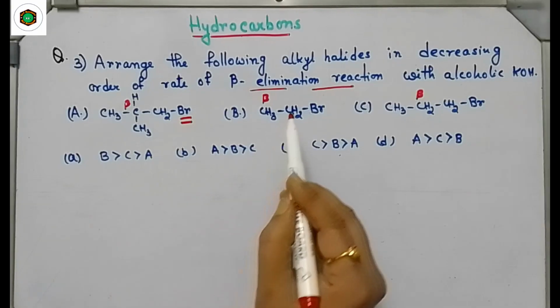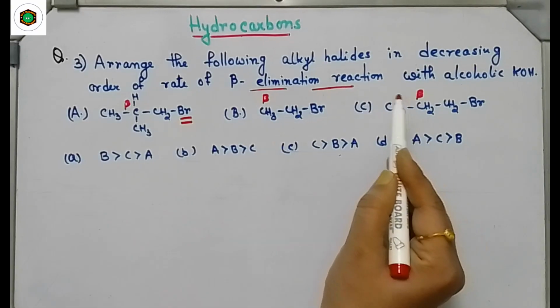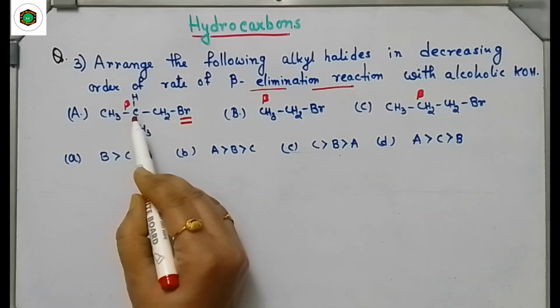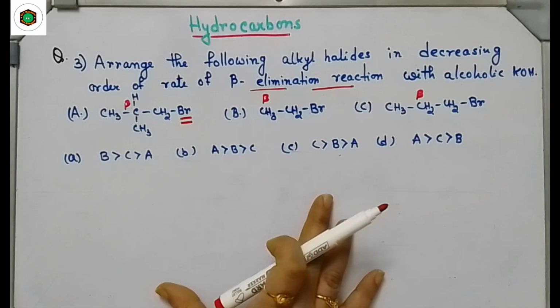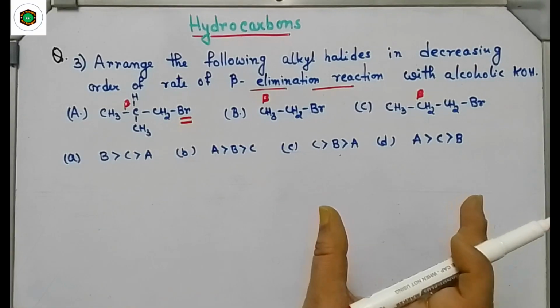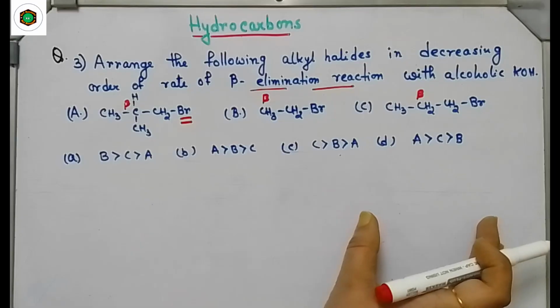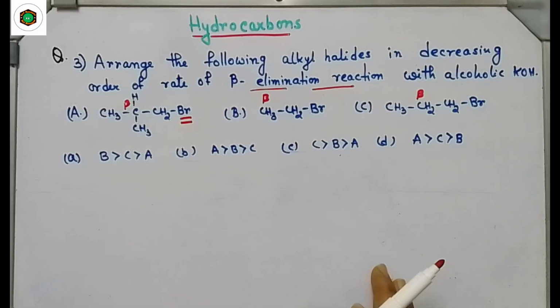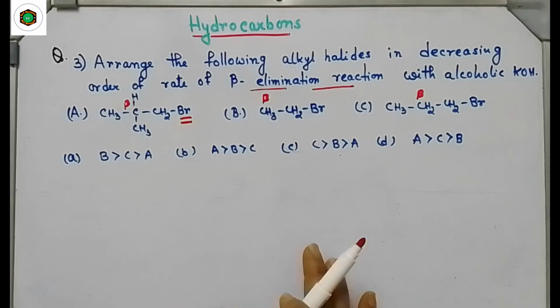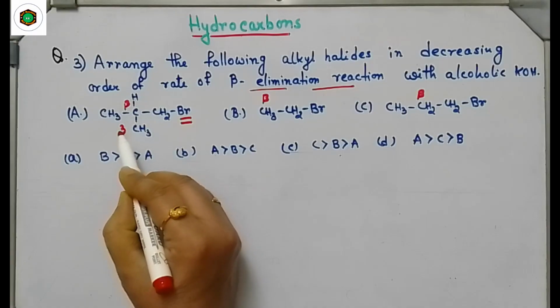Now see what is happening here. Here no branching is there at beta carbon. Here at beta carbon 1 methyl group is there. Here at beta carbon 2 methyl groups are there. Remember, with increasing branching at the beta carbon atom, whatever alkene we are getting after dehydrohalogenation becomes more stable because it will become more substituted, and the reaction takes place with a transition state which is more stable, so reaction will become faster. So you can see this carbon is attached with 3 more carbons, so this is tertiary